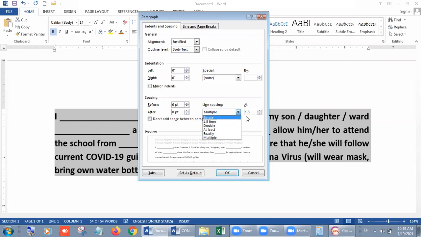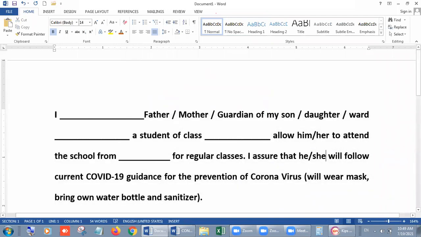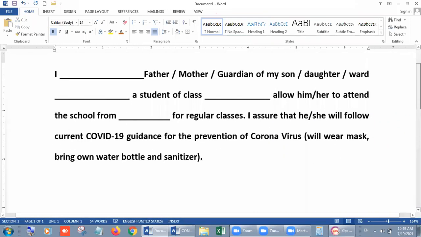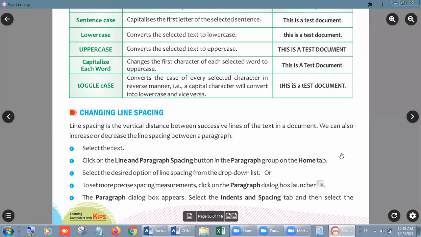Then you can choose the multiple option, change it according to you and press the OK button. Look students, now it is not double and not 1.5, it is 1.8, right? Okay students, now we are moving on to the next command.